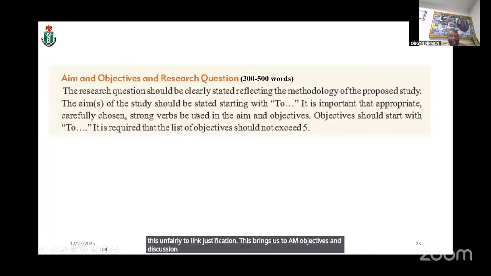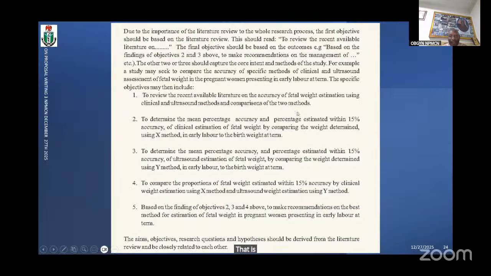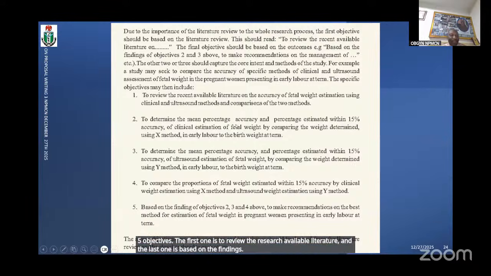And this is from the guideline of the faculty. It says the aim of the study should be stated starting with 'to', and the objectives should not be more than 5. That is the specific objectives. And this is also from the guideline. 5 objectives. The first one is to review the recent available literature, and the last one is based on the findings. So effectively, we have only 3